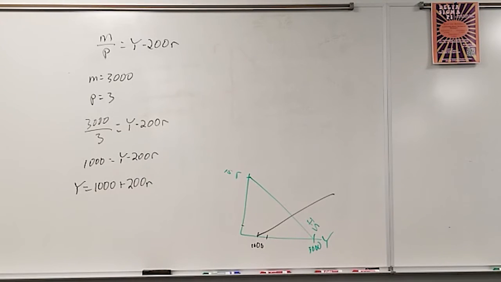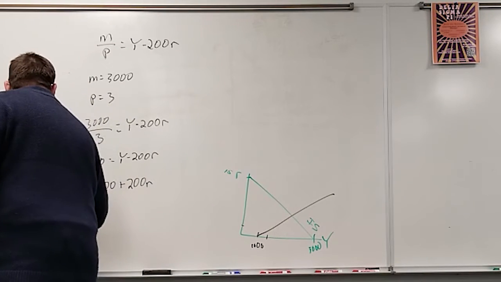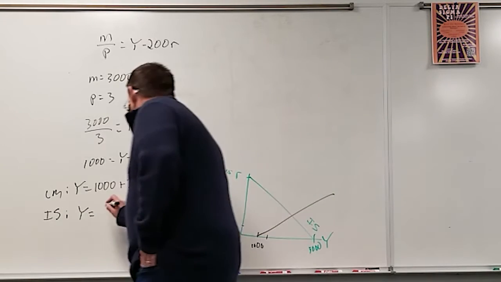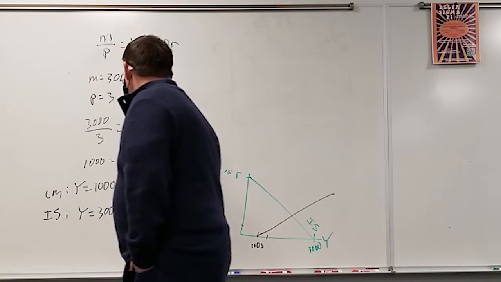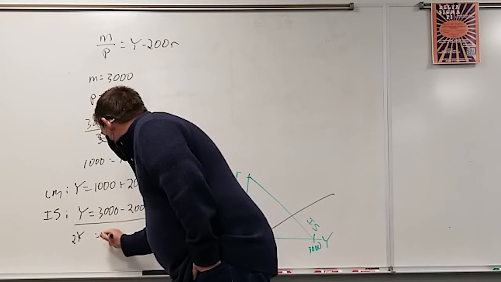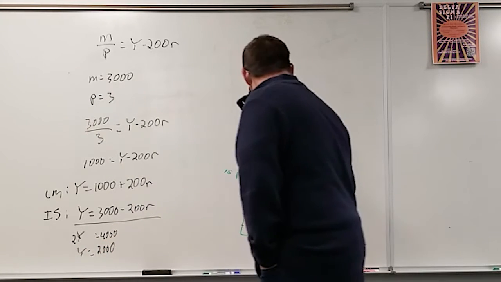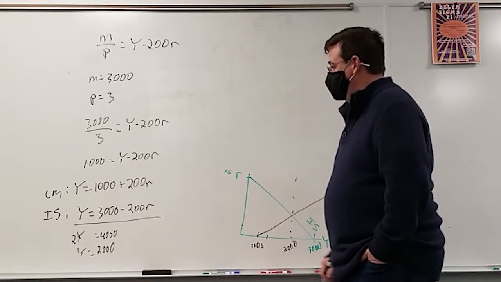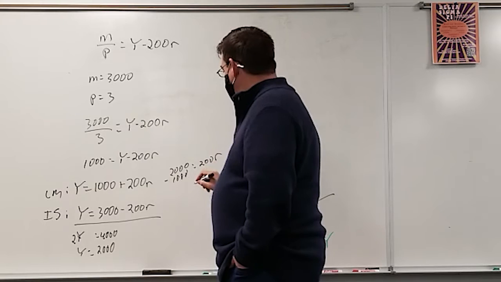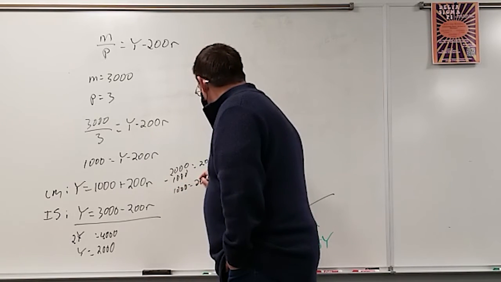What's the equilibrium? This is our LM curve. We solved our IS curve and said that y was equal to 3,000 minus 200r. Well, to be lazy about it, I'll say that 2y is equal to 4,000, so that y is equal to 2,000. And when y is equal to 2,000, then 2,000 minus 1,000 equals 200r. So it's 1,000 equals 200r. So r equals